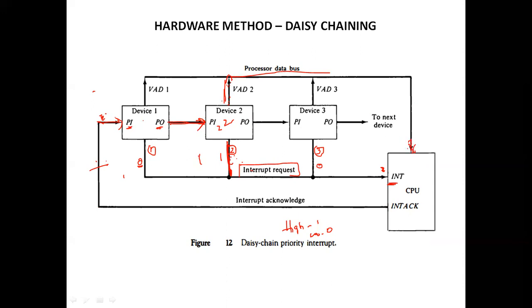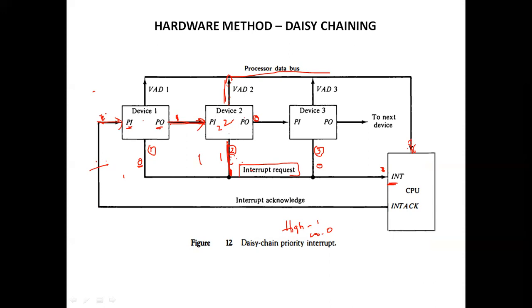So the device consumes the acknowledgement signal and blocks its further use by placing 0 at PO. So here, PO in the sense here it is going to place 0. 0 in the sense it is not going to transfer to the other one. Here PO naught, it will send one signal. Why? Because this device has not attempted an interrupt. So that's why it is going to send the one signal as the output, and this one is given to device 2.